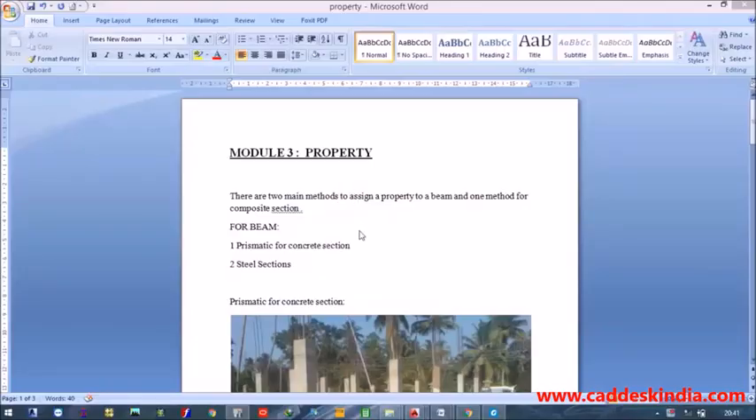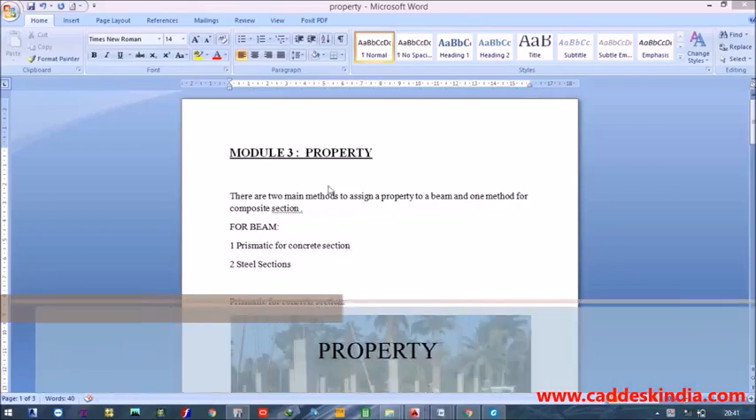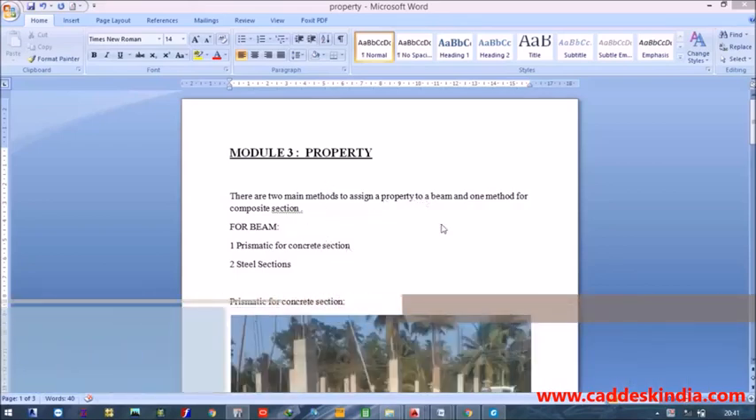Hello everyone. We have discussed how to create the geometry and how we can apply the supports. Our next section is how to create the property. Basically, there are two main methods to assign a property to a beam or column,